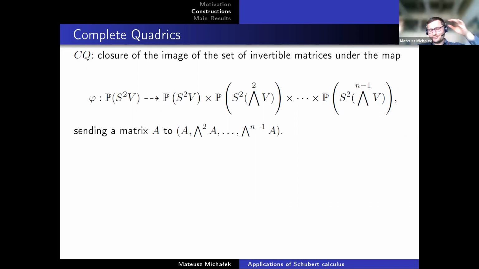Because the image of a matrix is a point in the Grassmannian. And it turns out that over that one matrix, the whole fiber in the variety of complete quadrics looks like a product of two projective spaces. One is the second symmetric power of the universal bundle. One is the second symmetric power of the quotient bundle over the Grassmannian.